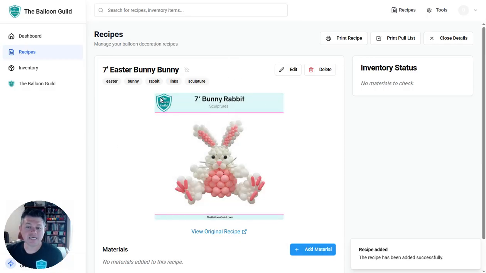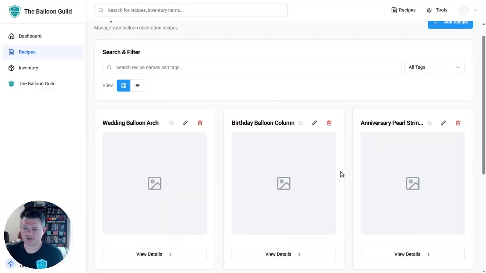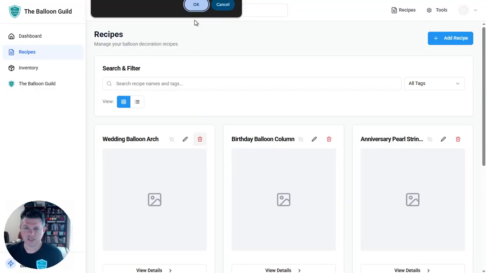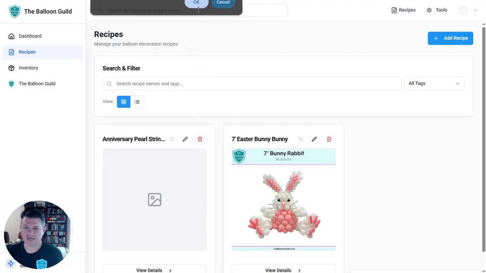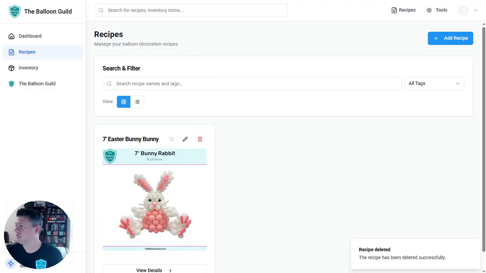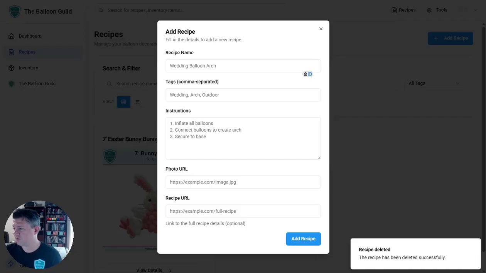It immediately goes to this page, and I'm going to close out details because I realize this is going to be a lot more intricate than I want to add. So let me add a more simple Balloon Guild recipe here. I'm actually on the other screen. I'm going to the Balloon Guild, and I'm going to add a recipe, and I'm going to add a column, but I'm going to add a simple